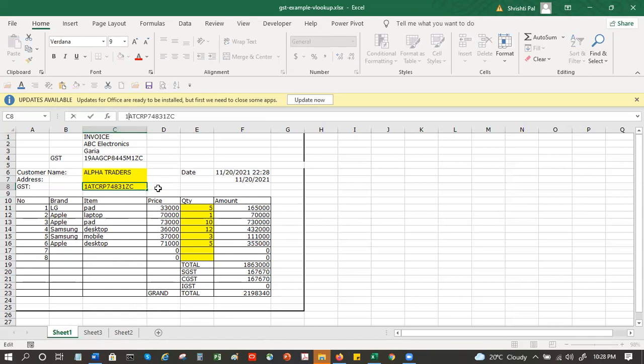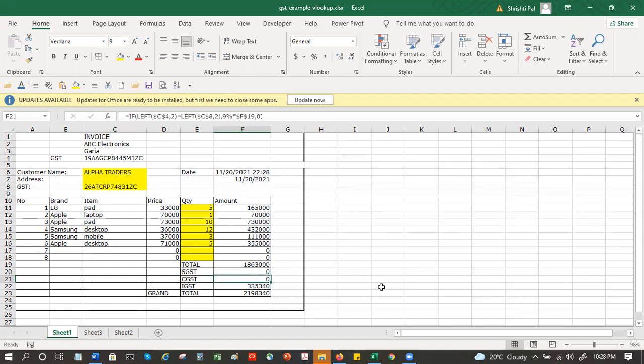What is the code for Odisha? I think it's 26. Let's just say 26. It might be Karnataka also, but whatever. It's a non-West Bengal state. When I say enter, see what happens. There's no SGST, CGST calculated. Only IGST gets calculated.